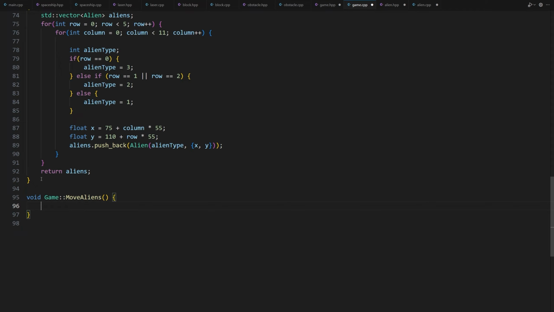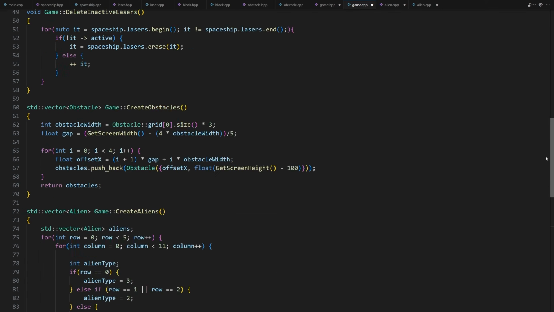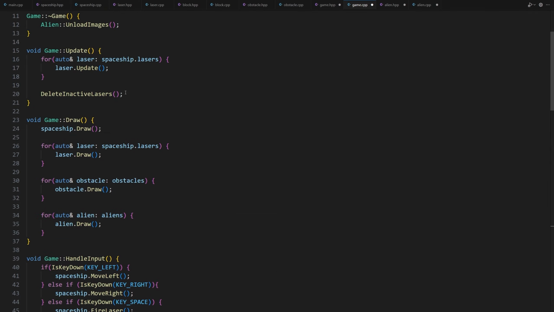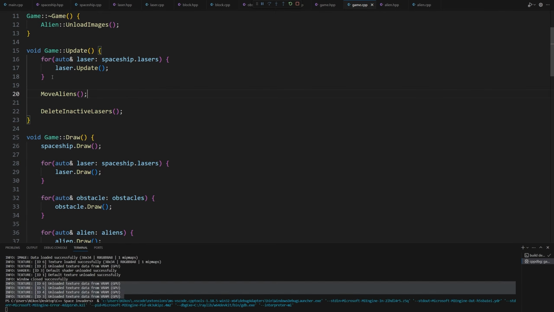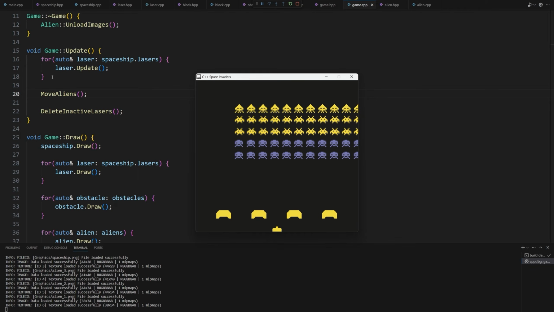So we're going to use a range-based for loop to easily loop through all the aliens. for (auto& alien : aliens) { alien.Update(aliensDirection); }. Now let's test this code. This method will be called in every frame, so let's call it inside the update method of the game class. MoveAliens.